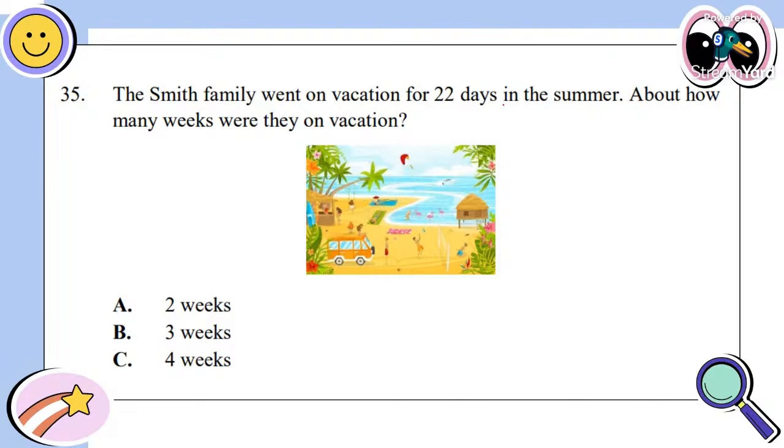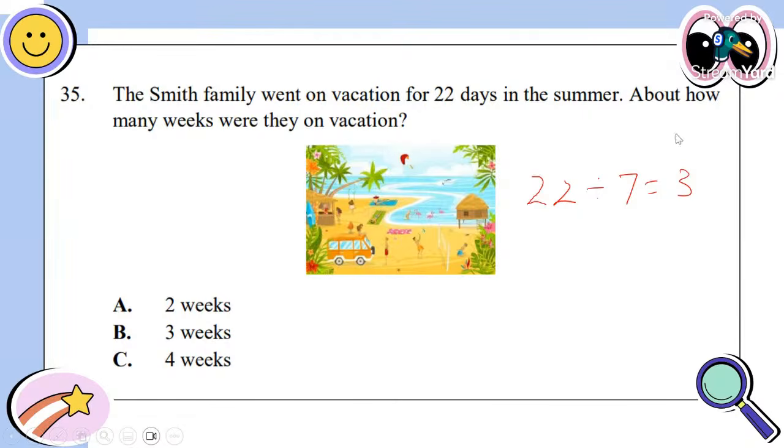Now, in order to see how many weeks these days will be, we have to divide 22 by 7, right? So 22 divided by 7. Thank you, Casey-Ann. 22 divided by 7 would be equal to what? 22 days. Sujay says 3 weeks and 1 day. 22 divided by 7 is equal to 3 weeks and 1 day remaining. So 3 weeks and 1 day.